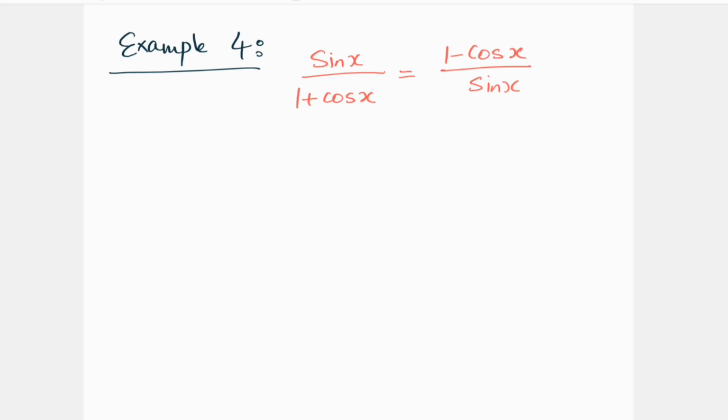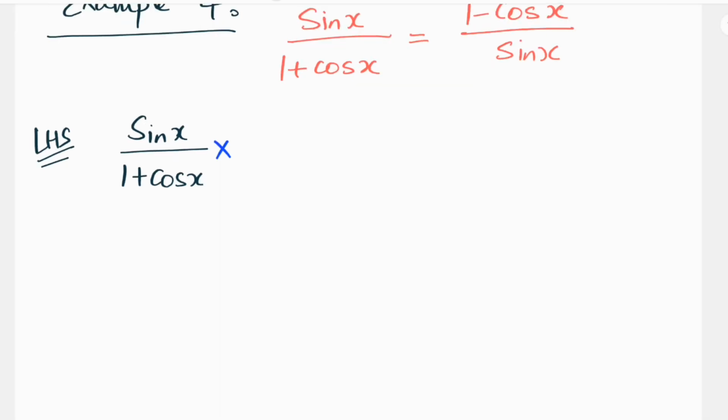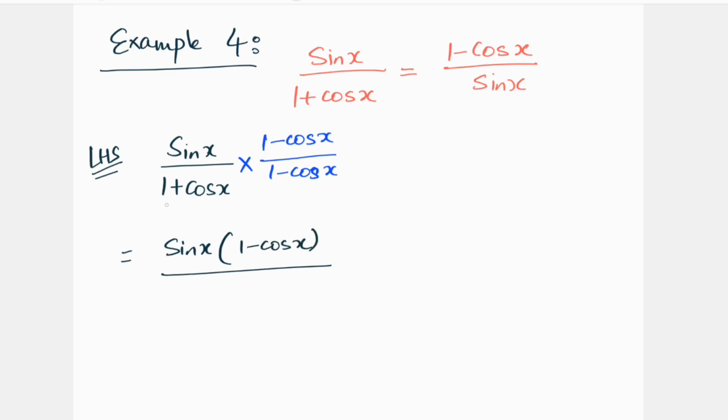Now in question number 4, we have sine x over 1 plus cos x is equal to 1 minus cos x over sine x, right? Again, we'll start with the left hand side. So let's write that down first. Now in this case, when we do not have anything to simplify it into, we multiply and divide by the conjugate. So we multiply and divide with the conjugate, 1 minus cos x over 1 minus cos x, right? So that will give us sine x times 1 minus cos x over,